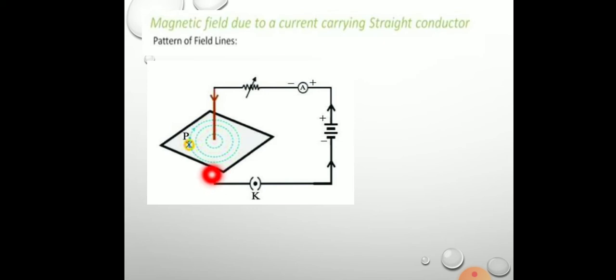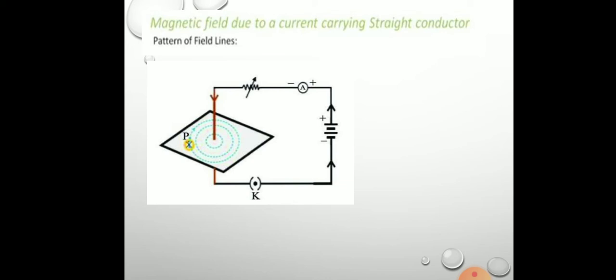When the direction of the current in the wire is reversed, the pattern of iron filings did not change, but the direction of deflection of the compass needle was reversed. That means the compass needle deflected in the opposite direction. So the north pole of the compass needle now points opposite to the previous direction, showing that the direction of the magnetic field has reversed. On reversing the direction of current, the direction of the magnetic field also reverses. This is the second observation.